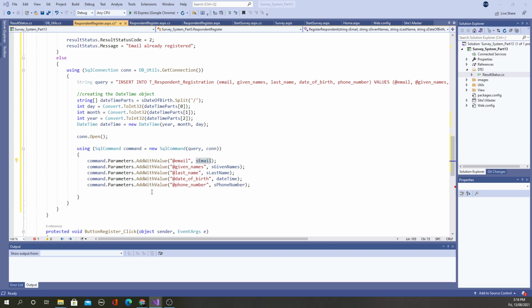So now it's all ready for execution. To execute it, you write this command and then it executes the query. It inserts the data. The method is ExecuteNonQuery, and it inserts the data and returns a result. So let's look at the API for a second.